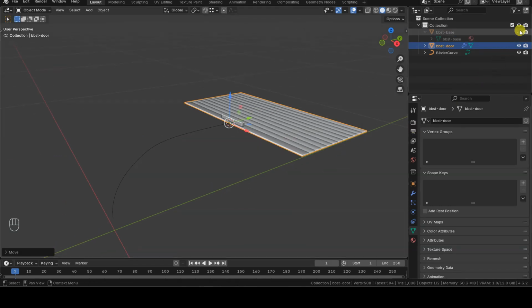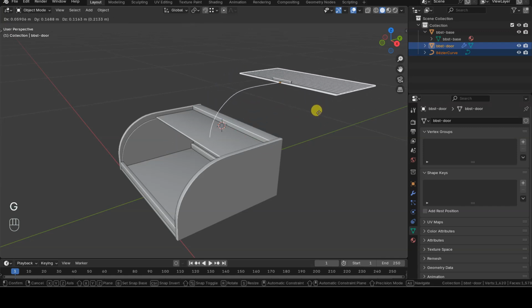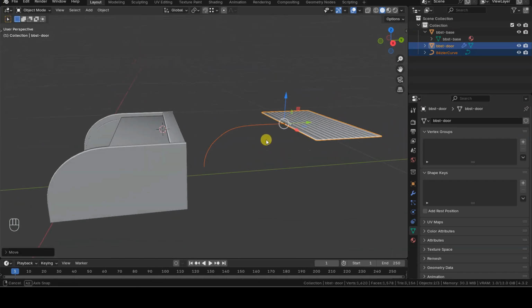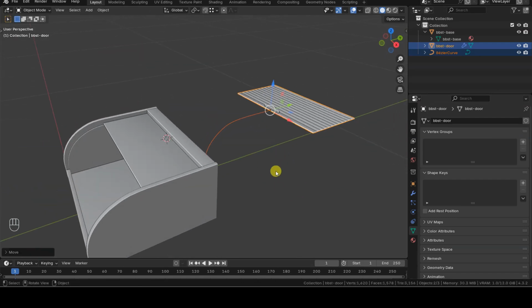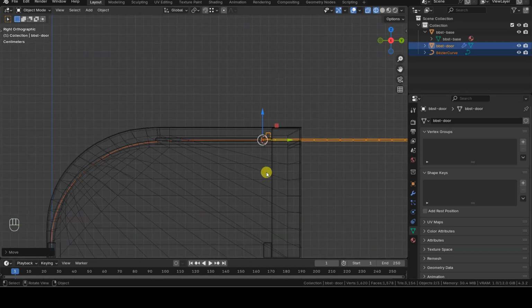Before finishing this setup, I make the path curve and the lid children of the container. This way, when the container is moved, rotated, or scaled in the scene, these transformations will also be applied to the lid and the path curve, keeping everything consistent. First, I select both the curve and the lid and position them properly inside the container.